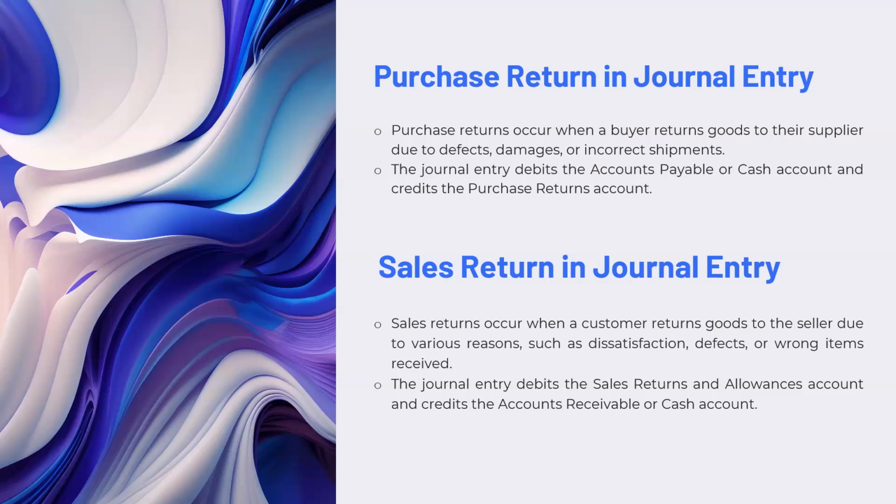Okay. So let's see how these transactions take place. You have to be sure that the journal entry depicts the accounts payable or cash account. That is, cash account or accounts payable is debited and purchase returns account is credited. So this is how the entry should be. That is, if it is after the purchase has been done and if it is a cash purchase, it should be cash account debtor and purchase returns account creditor. It's not just purchase account, it's purchase returns account creditor.